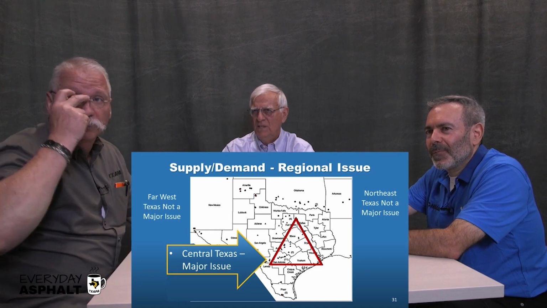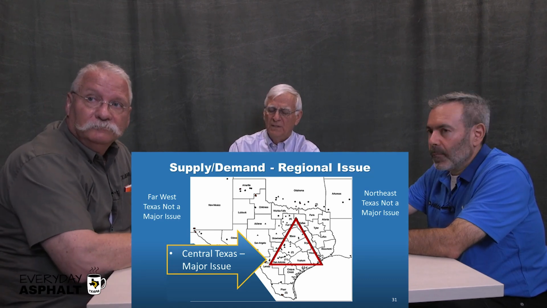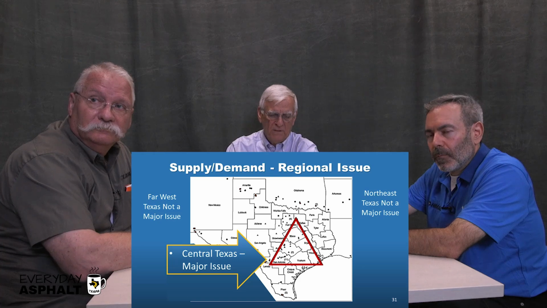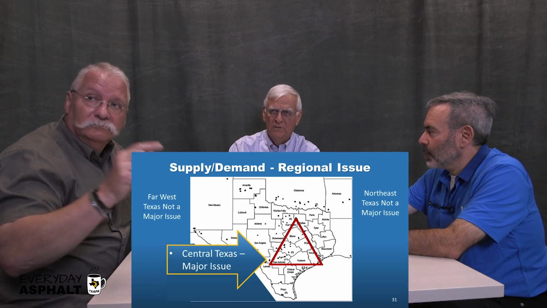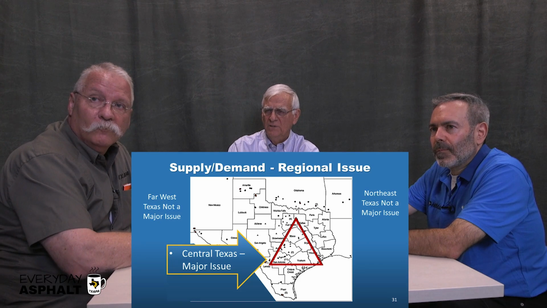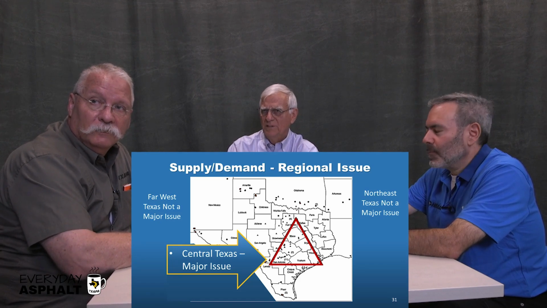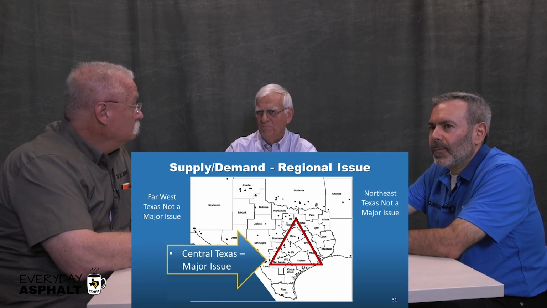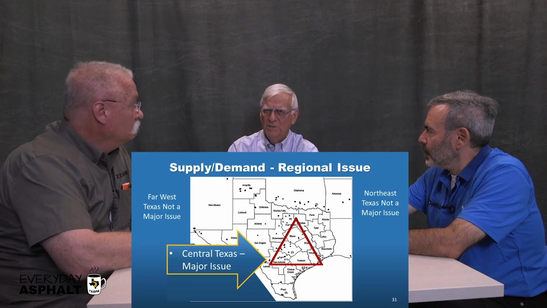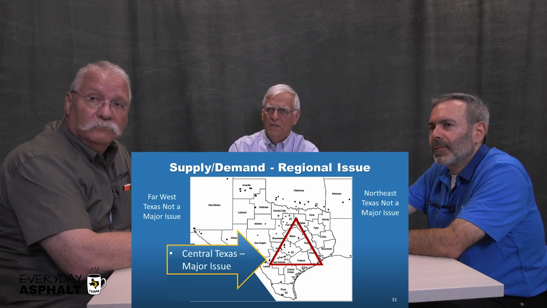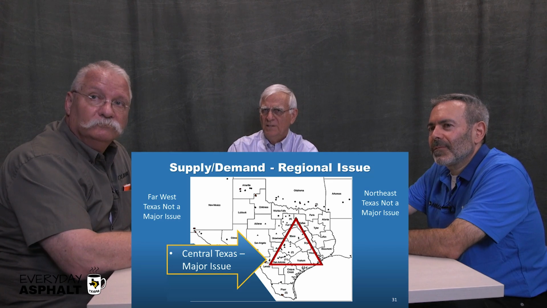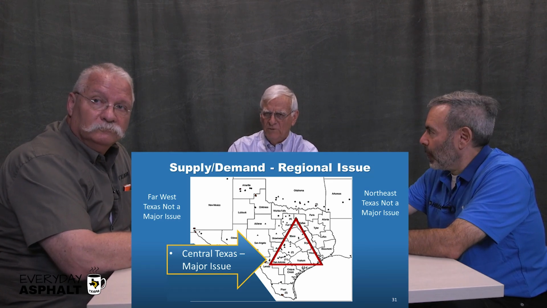triangle shows. Northeastern part of the state, we get quite a bit of pretty good quality SAC A aggregates out of Oklahoma and Arkansas. So if you look at the Atlanta and Paris district, for example, is there an issue up there? Not a major issue, but there's some issues. If you get out in far west Texas, northwest Texas, there's some issues out there, but there's a few gravel sources